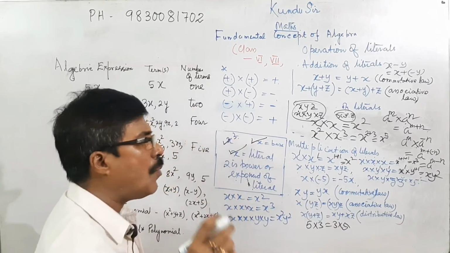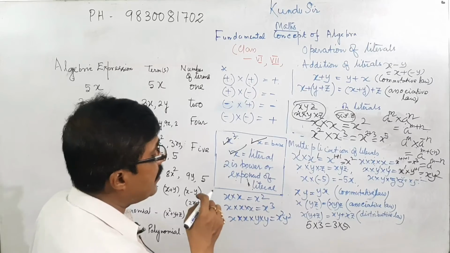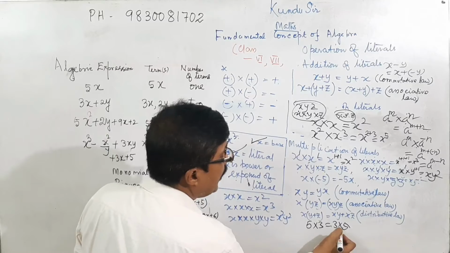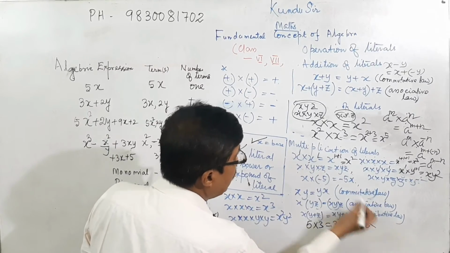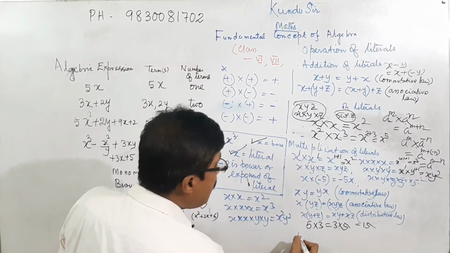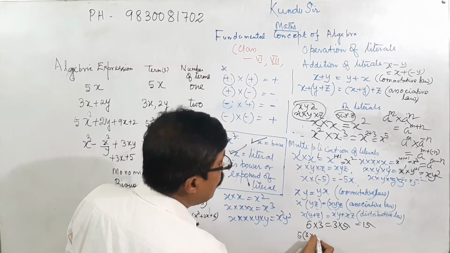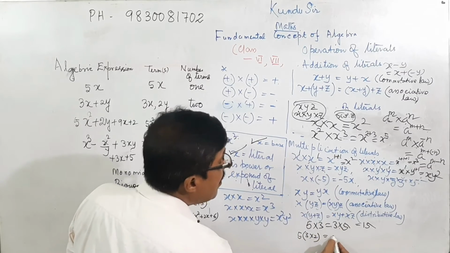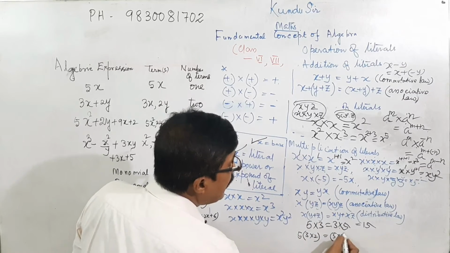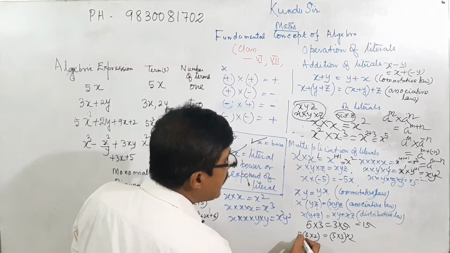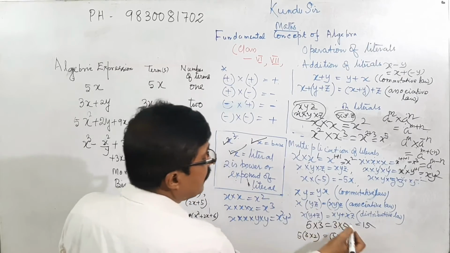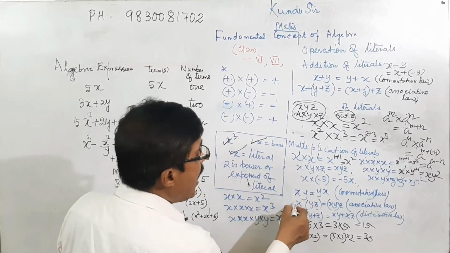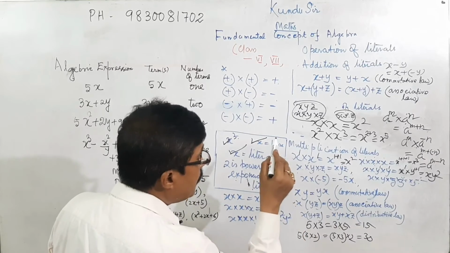I am taking some numerical examples and explaining again. It is 5 into 3 equal to 3 into 5 equal to 15. Now, it is 5 into 3 into 2. If you write 5 into 3 into 2, then 3 fives are 15 and 15 twos are 30 in both cases. That is the verification of the associative law in case of multiplication.